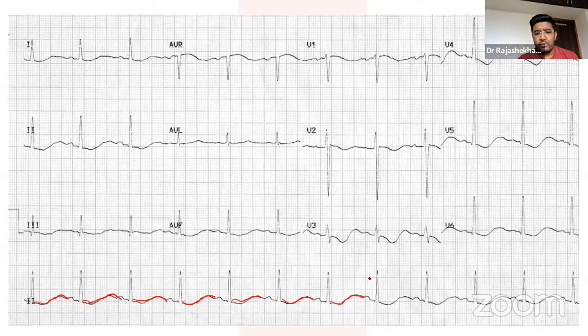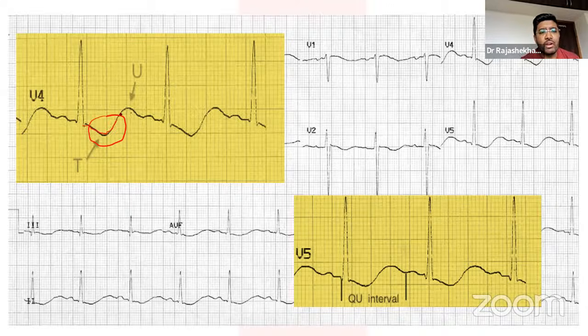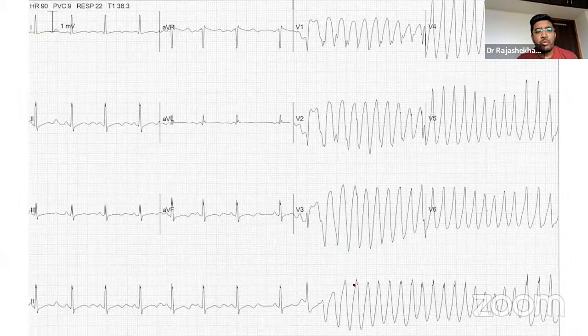The very important thing, so if you see the tracing magnification here, there is actually the T wave inversion along with the ST depression and the appearance of the U wave. So if you consider this as a T wave, it appears like QT is prolonged, but actually T is here. The QT interval may be normal. This is being depicted in the same here. So this is also a very important ECG.